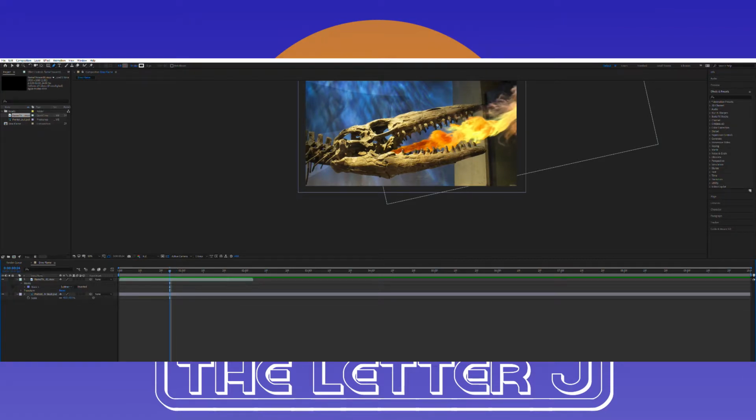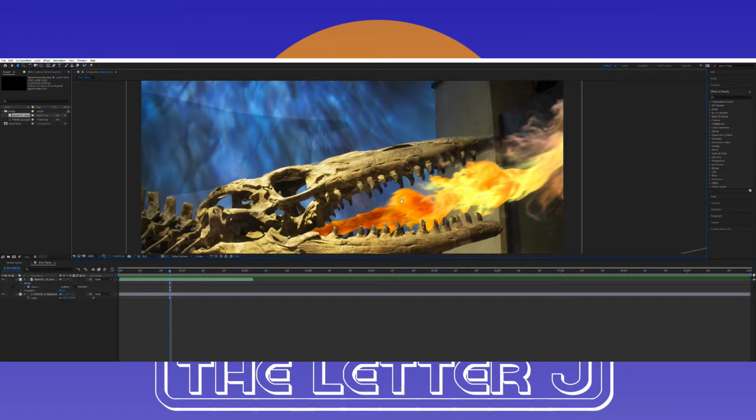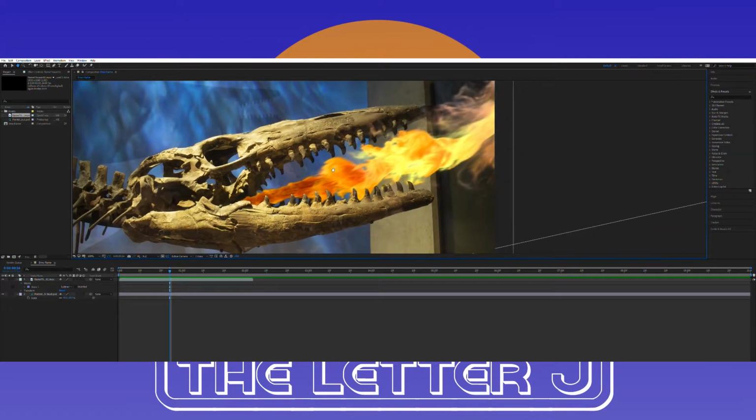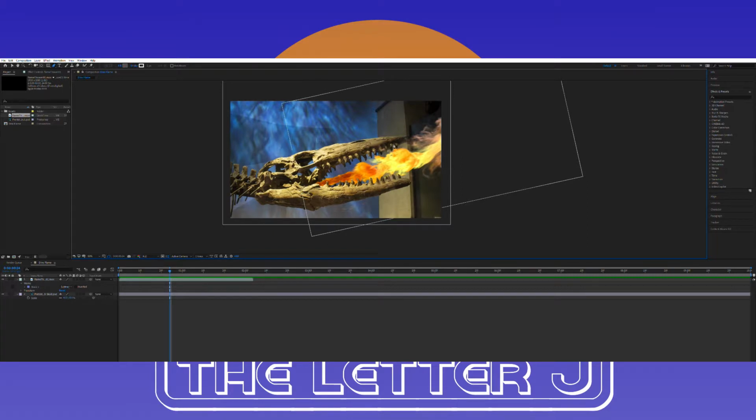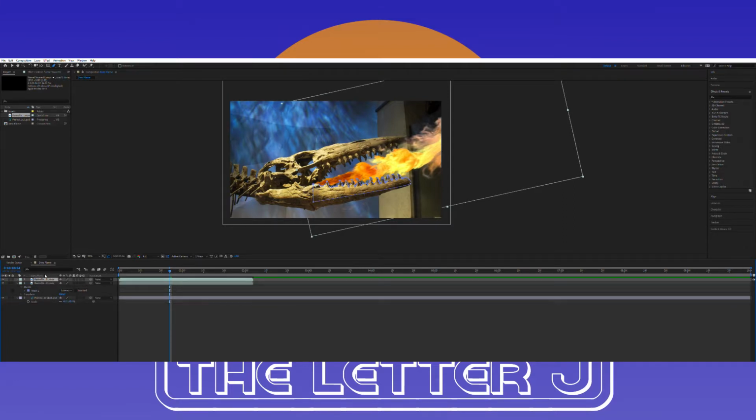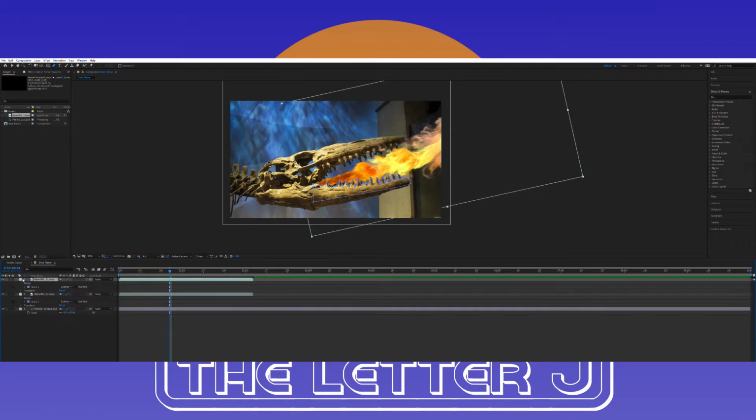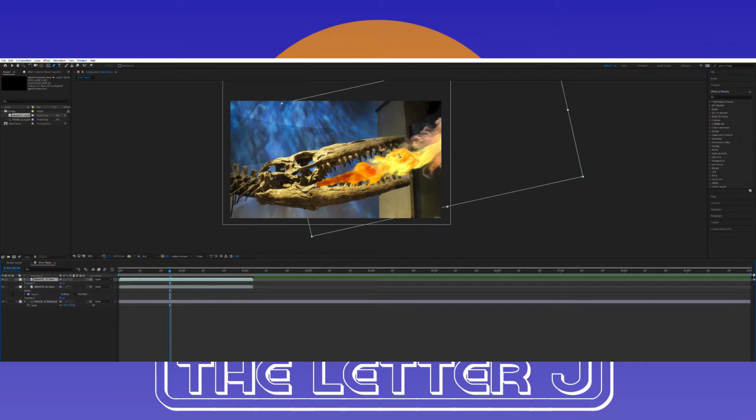Now you'll notice over here that there is a reflective surface. In real life, that flame would reflect off of that surface, so we need to make a flame that reflects off of the surface too. So I am going to select that layer and hit Control D to duplicate it, and I'm going to move that down to the bottom, and I am going to delete the mask that I made,